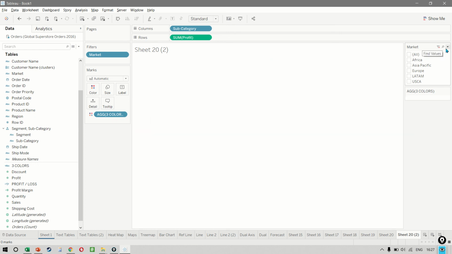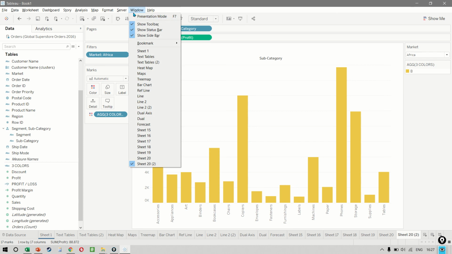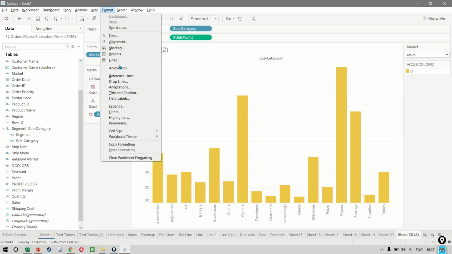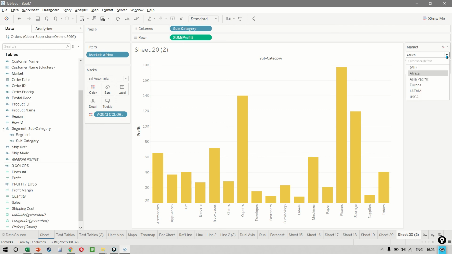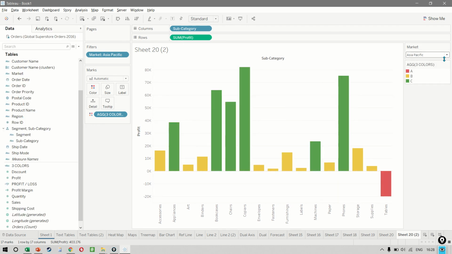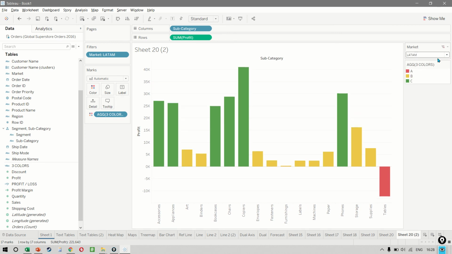And remember, you can convert this into a single value dropdown, turn on the animation in format, and the final result will appear like this. Right? So we get this very nice animated effect when we are showcasing all the regions one by one.